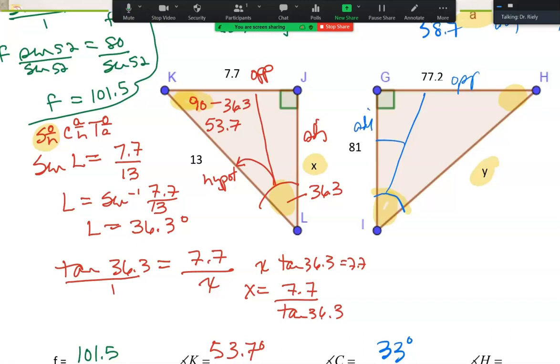So we can say opposite over adjacent is tan. The tan of I equals 77.2 over 81. I, therefore, is tan to the negative 1 of 77.2 over 81, and we get I equals